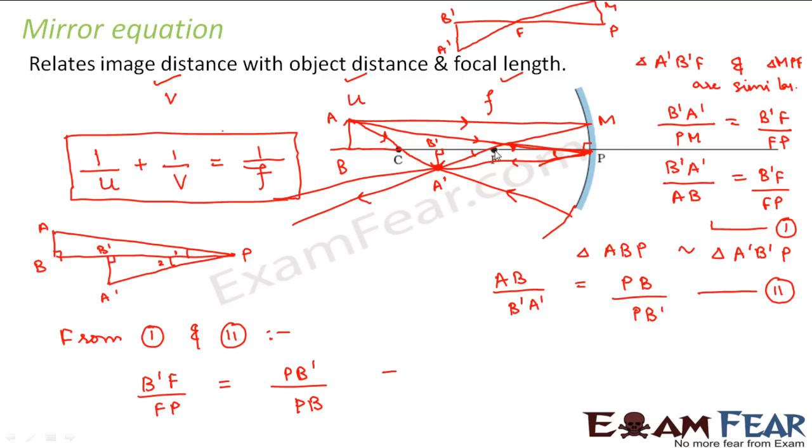This is B dash F. What is B dash F? It is nothing but PB dash minus PF, right? We can say that B dash F is equal to PB dash minus PF. So if we substitute this value, we get PB dash minus PF divided by PF is equal to PB dash